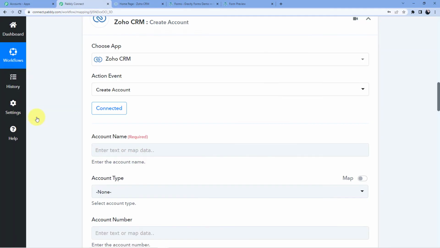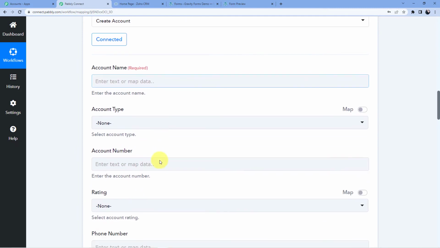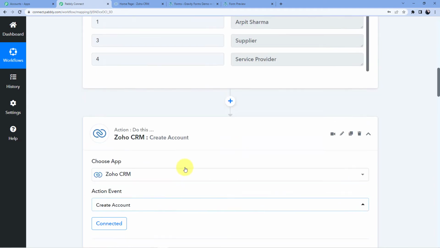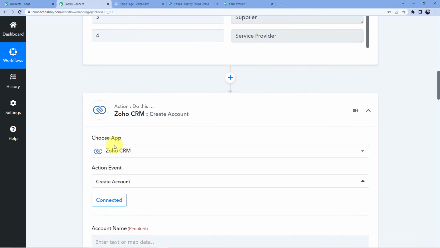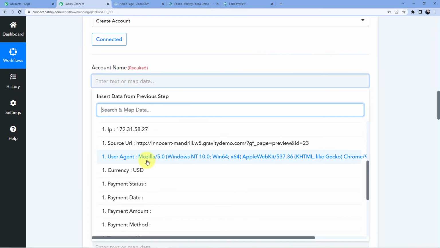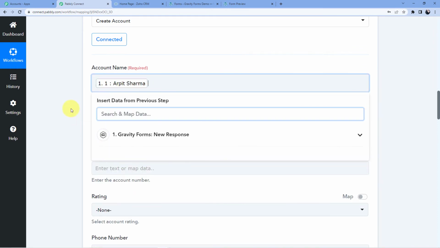And don't worry, Pabbly Connect does not take any chances with your data, and your data with Pabbly Connect is absolutely safe. Now it is asking us for the information. So what we are going to do is use a technique which is called mapping, and mapping will let you take the data from this window here, and it will let you put the data here in this window. So what I will do, I will first map in the account name, which is Arpit Sharma,